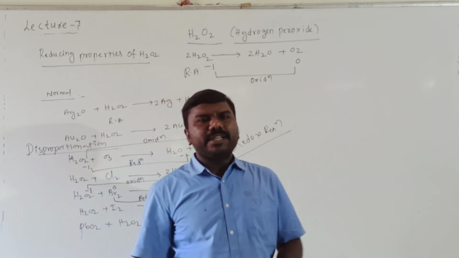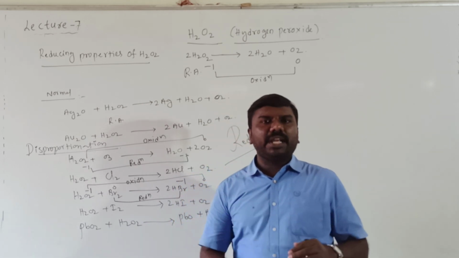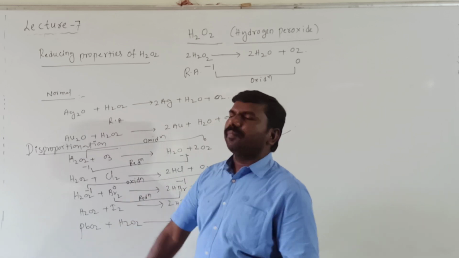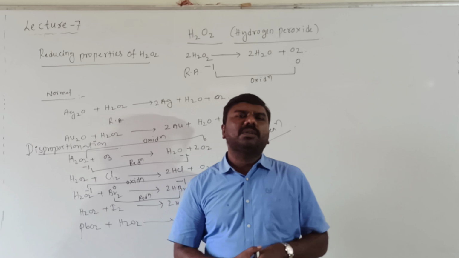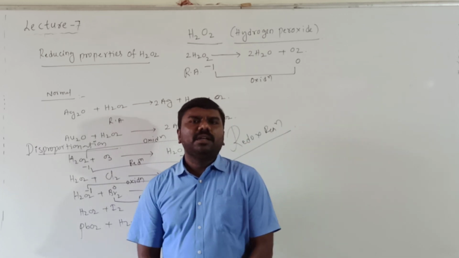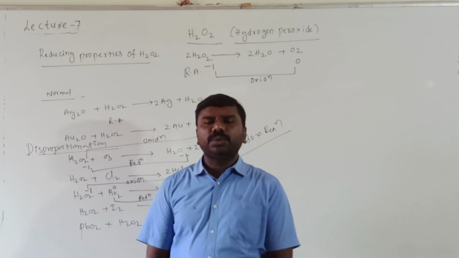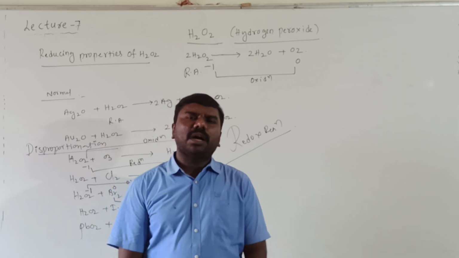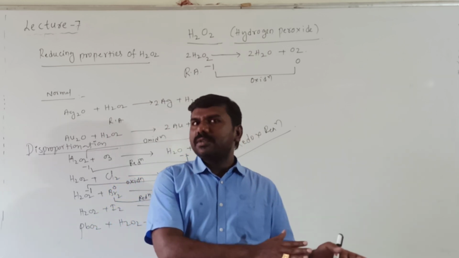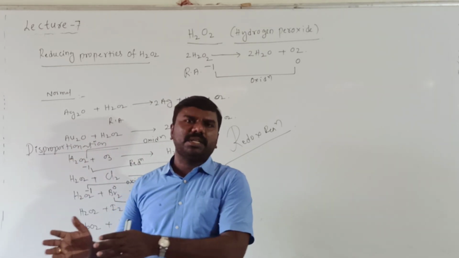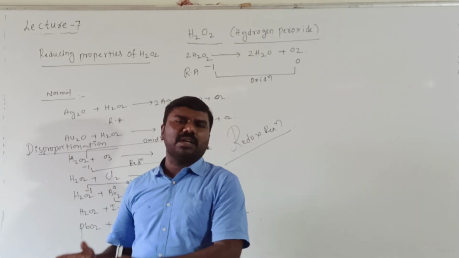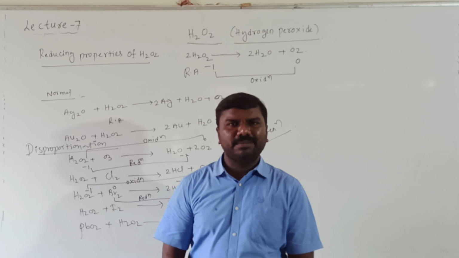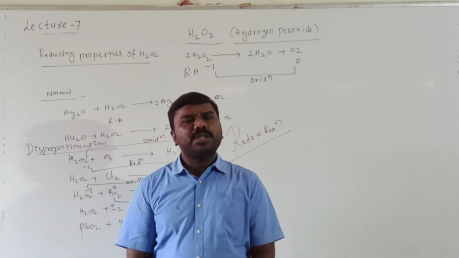Students, in acidic medium and basic medium, with ferric, ferrous, potassium permanganate, MnO4 minus and the remaining, they are expecting problems on the oxidizing and reducing properties of H2O2 in acidic medium and basic medium. That's why you'd better practice once, and you have to remember the number of moles of Fe+2 and Fe+3, MnO4 minus, number of moles of Mn+2, and MnO2 in acidic and basic medium. Based on that, problems are there. You continue in the next video.